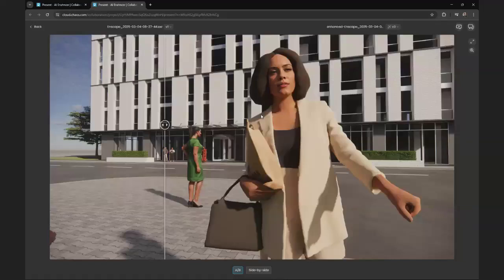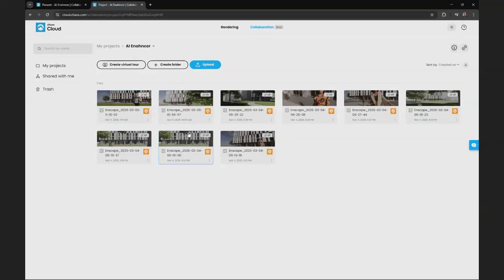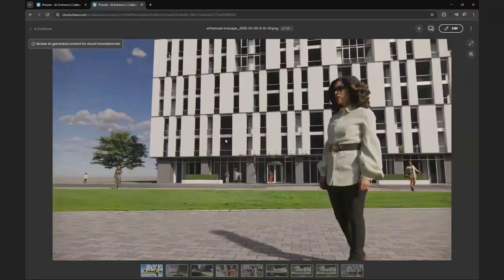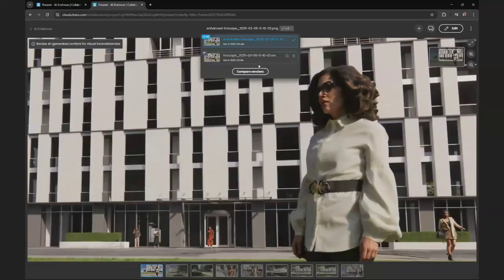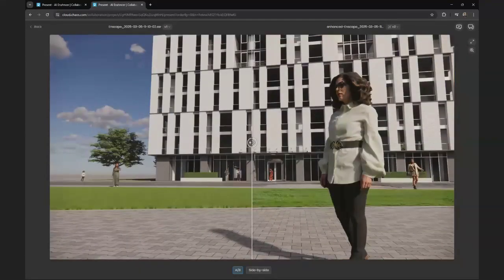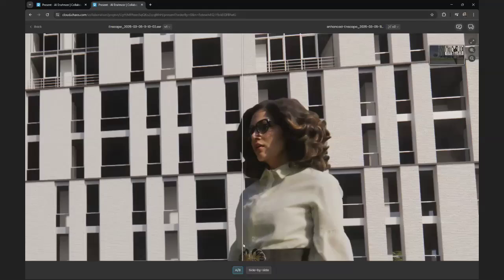Let's take a look at another example. Okay, here is the folder. Maybe the example we did right now. Okay, we have the girl enhanced, again, much more realistic. And the building itself and the pavement are intact. Okay, it's much more realistic.